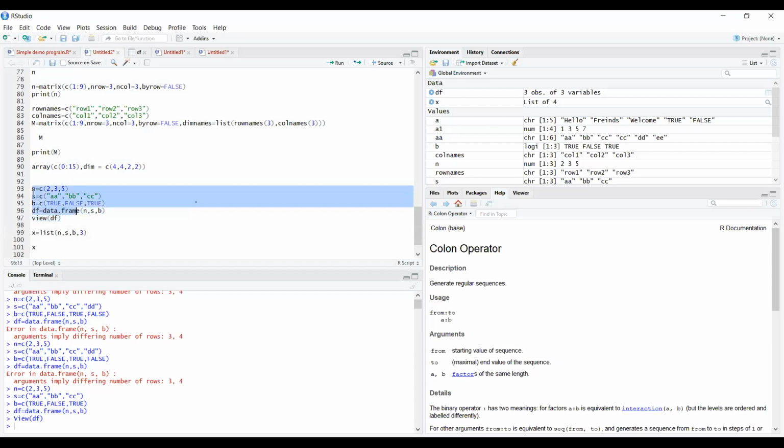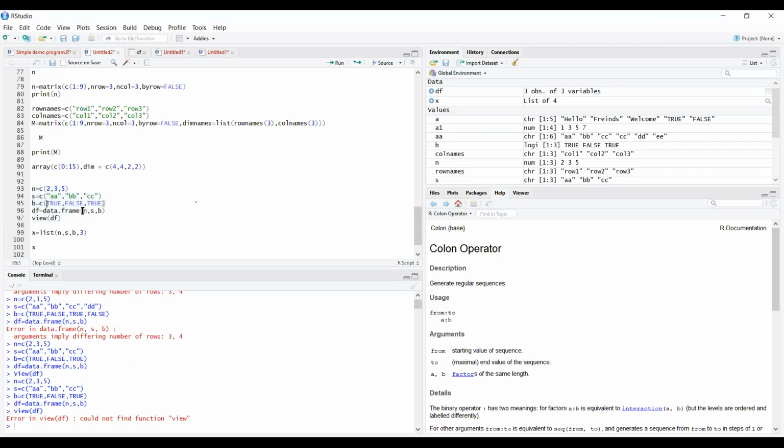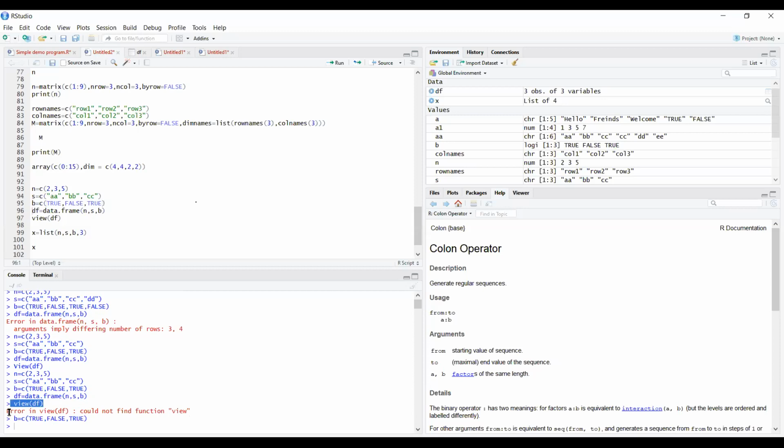One second. The system is quite slow. So when you are viewing things and you do view df, it will give you b equals to c, that is true or false values.